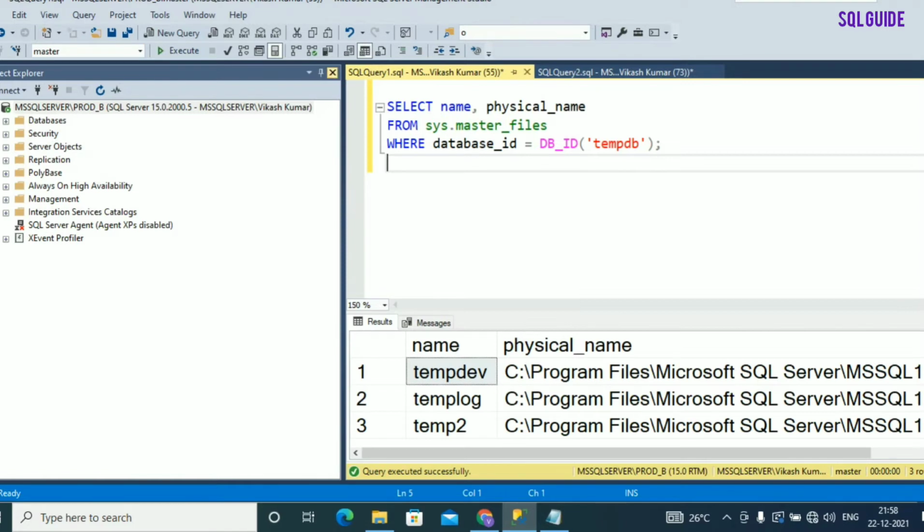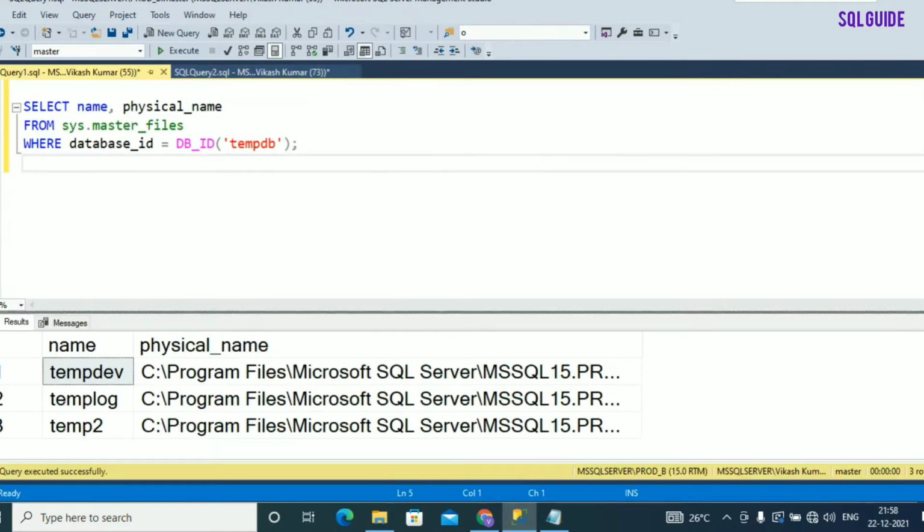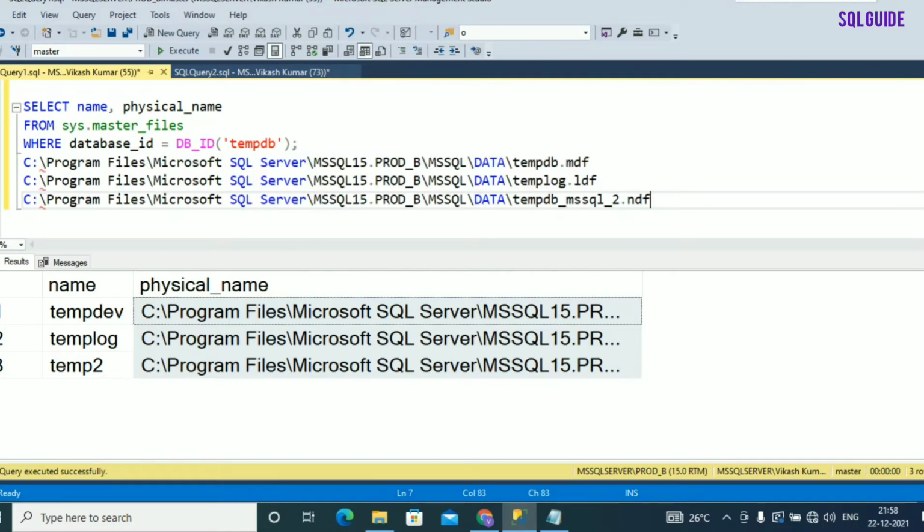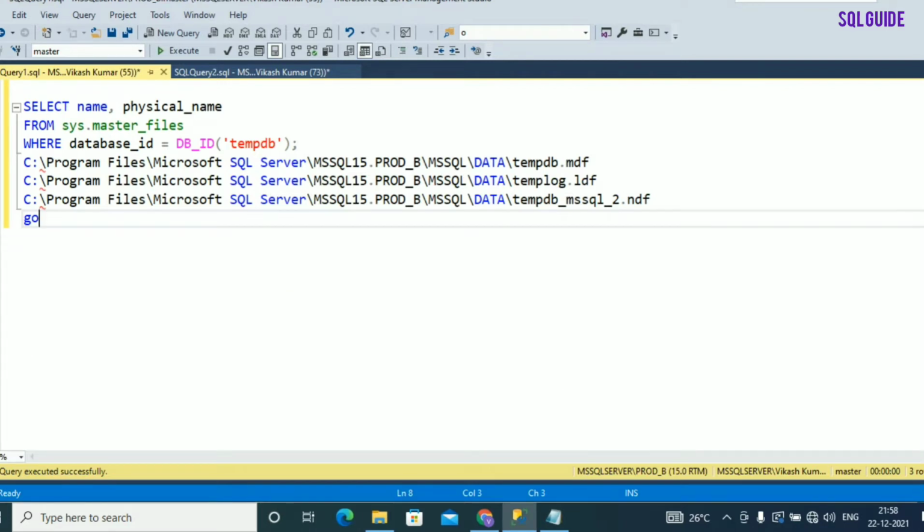Run. After running, you can see that you have received the names tempdev, templog and temp2 and their physical location. So this is the current location for the tempdb database, and I am going to move it to D drive, SQL database, tempdb.